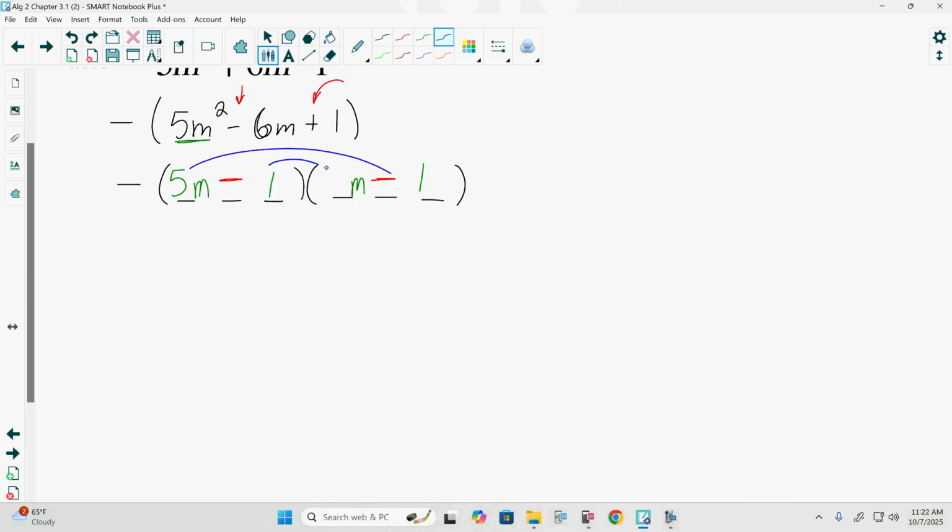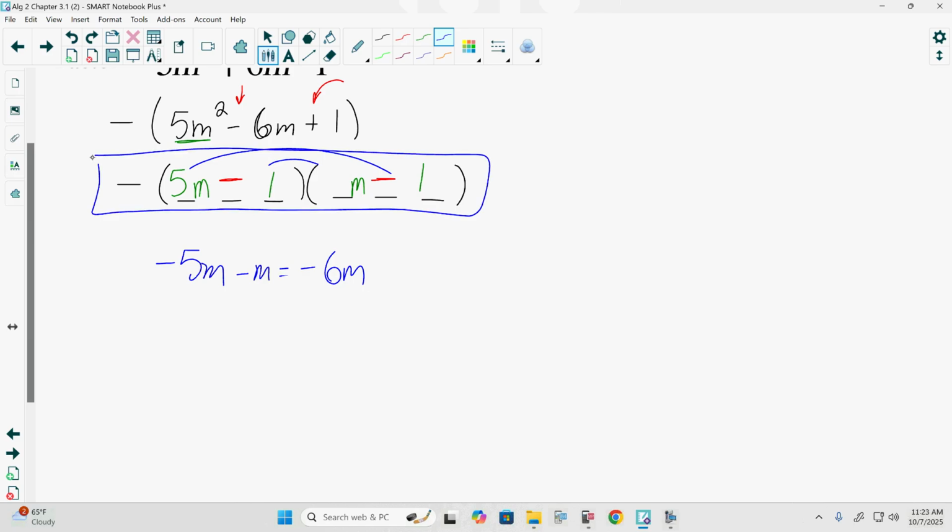So hopefully this works. 5m times negative 1 is negative 5m. Negative 1 times m is negative m. Negative 5m minus m, negative 5 minus 1 would indeed be negative 6m. We're trying to find the middle number. There are a lot of books and a lot of methods that, especially when they say check, multiply the whole thing back out and see, do we get 5m squared minus 6m plus 1? I think that's tedious